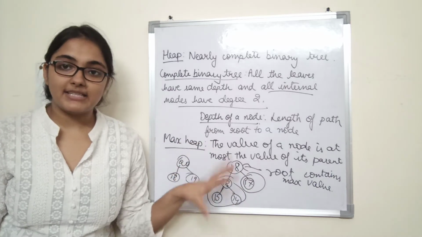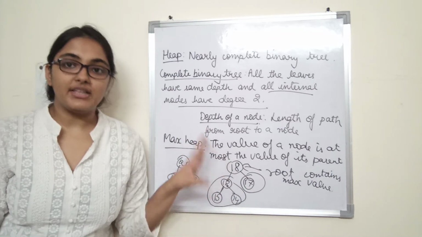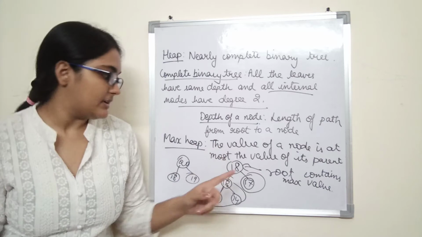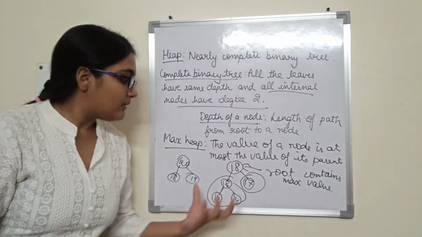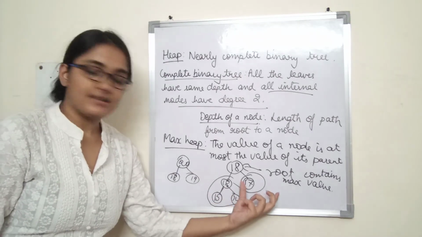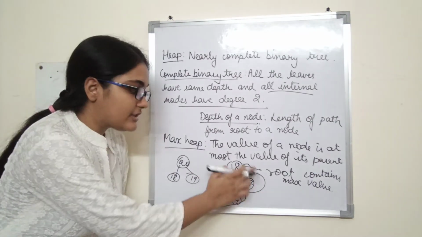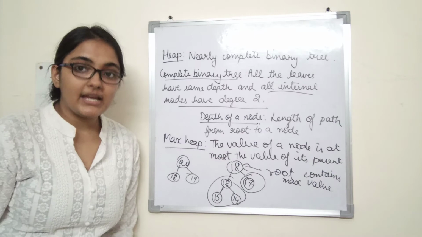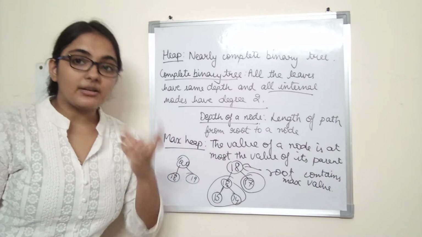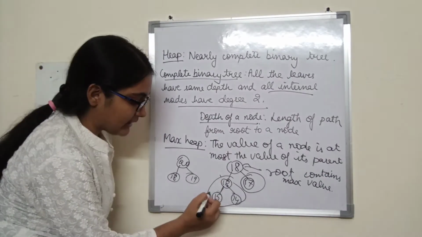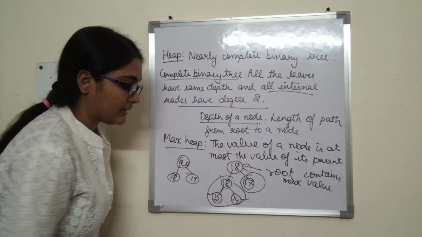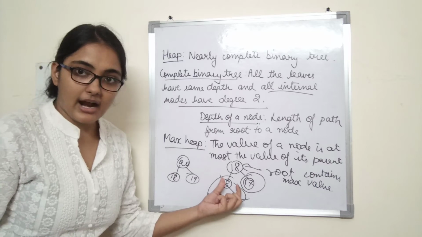What is the max heap property? The root has to have the largest element, or the greatest element. Now this is a subtree and this is a subtree. Now these also need to satisfy the heap property. What is the heap property? The value of a node has to be at most the value of its parent. Now the value of a node is at most its parent, so done. This follows the heap property, and the value of the root is the largest.